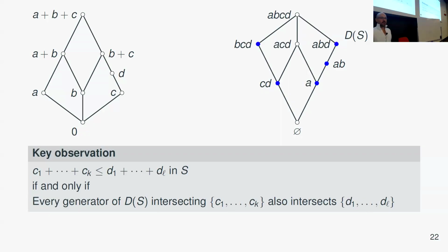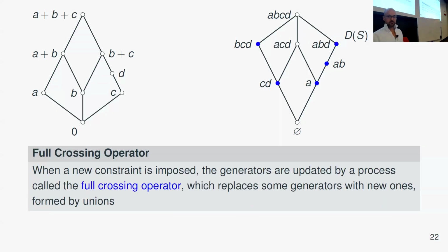Okay, so this is great because it tells us that we don't actually need to know anything about this semilattice on the left at all. We only ever really need to know about the generators over here. And any question we have about the object on the left can just be answered. So if I want to know, is this sum less than or equal to this one? I just need to check if every element of my blue elements that intersects here also intersects there. And if that's true, then yes, they're related by order. And if it's not true, no, they're not. So it gives you a little handle on this giant semilattice, a small handle.